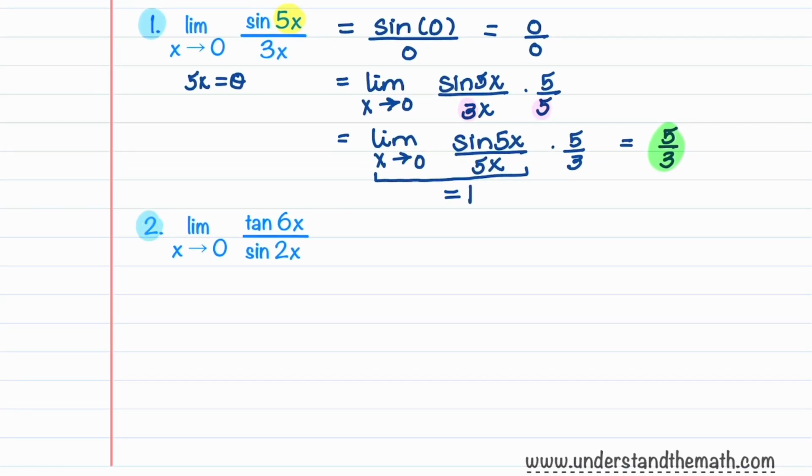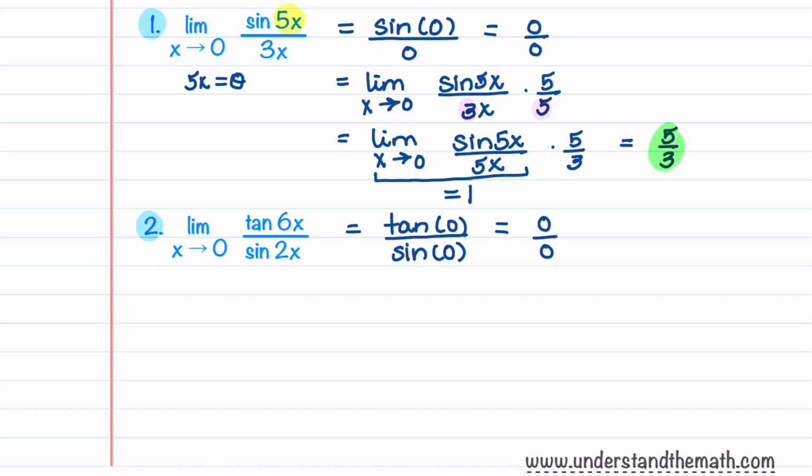Let's now work through our second example. This one's a little bit harder than the first one. This is the limit of tangent 6x divided by sine 2x as x approaches 0. Just like we did for our first one, we are going to start by substituting in that x is equal to 0. So this is tangent of 0, all divided by sine of 0. Tangent of 0 is 0, sine of 0 is 0, so we again have the indeterminate form 0 divided by